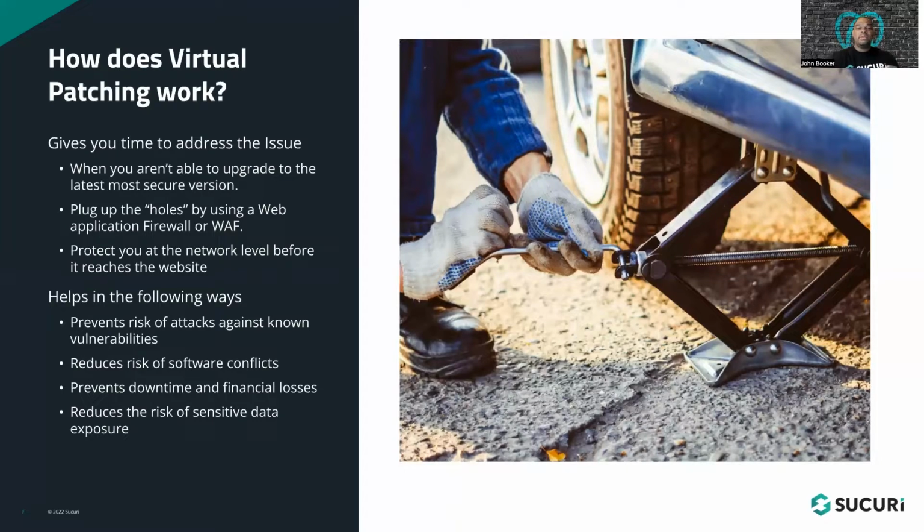These services employ security policies or rules that focus on preventing exploits and vulnerabilities at the network level before they reach your website. Virtual patching can help address the following scenarios: prevents the risk of attacks against known website vulnerabilities in the core CMS plugins, themes, and other extensible software, removes the risk of software conflicts since website code is not changed, prevents downtime and financial losses due to the website being taken offline from malware, reduces the risk of sensitive data exposure, reduces cost of time or money spent to patch during the emergency, and mitigates risk of impact